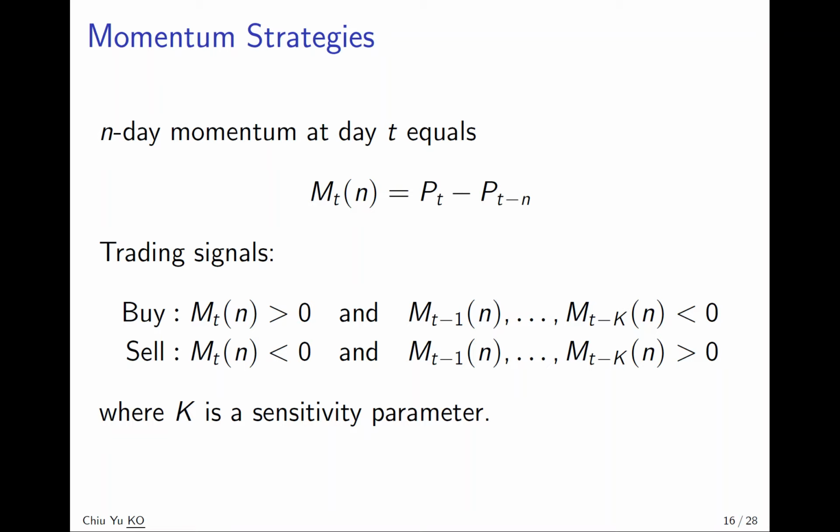Then if the price has been going down and suddenly goes up, you will see the past momentum is negative because it's dropping, and now it suddenly rises, so the momentum becomes positive. Basically it says you buy when you change from dropping to rising if you use one-day momentum. Of course, if you use a different day momentum, you have a different style, but this is basically what the momentum strategy